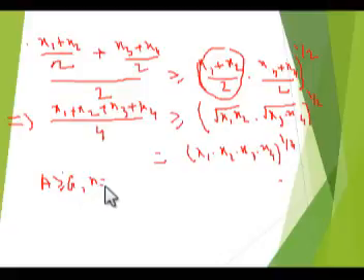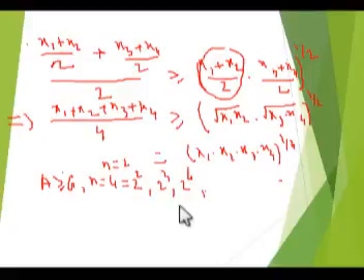N is equal to 4, or 2 square, and we can establish in this same way that it will be true for 2 to the power 3, and in a similar way 2 to the power 4, 2 to the power 5. It is also already proved that it is true for n is equal to 2. So at last we find that it is true for n equal to 2 to the power p, where p belongs to the set of natural numbers.